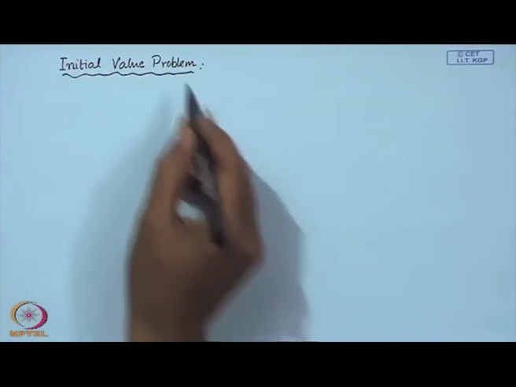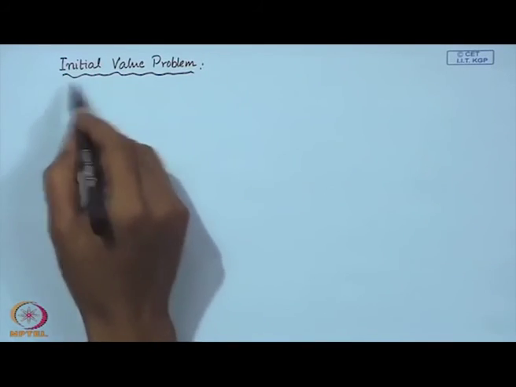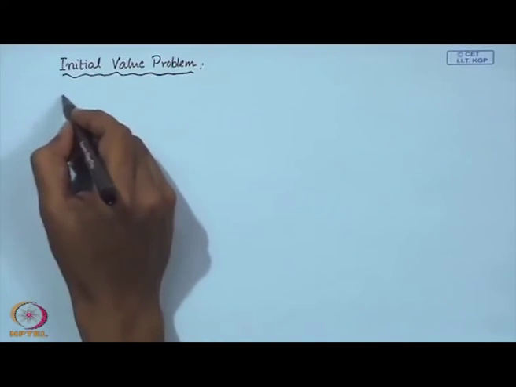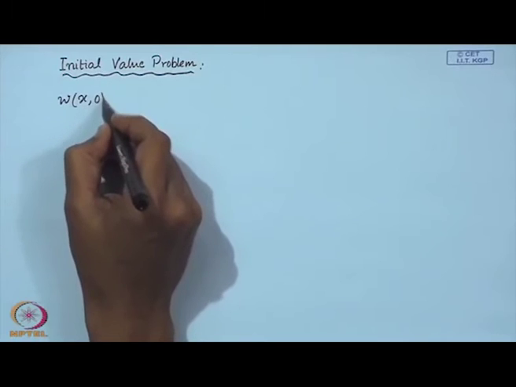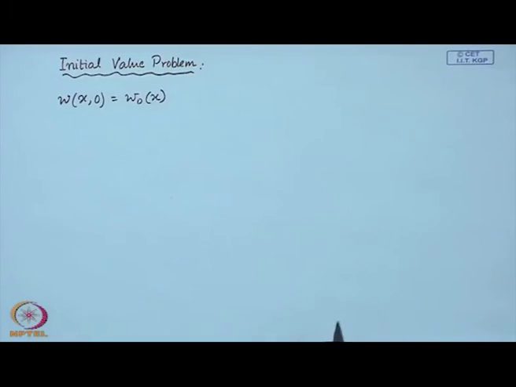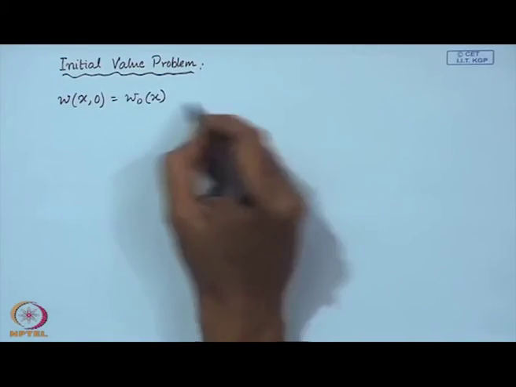Now, we can once again look at the solution of the initial value problem for the travelling string. So, we normally have an initial displacement distribution on the string,